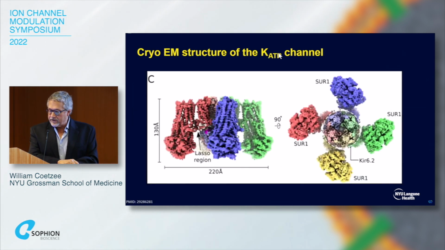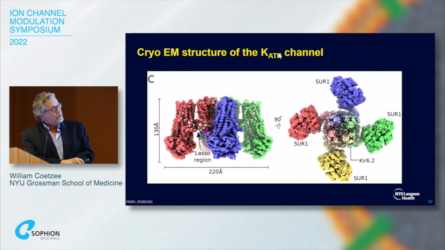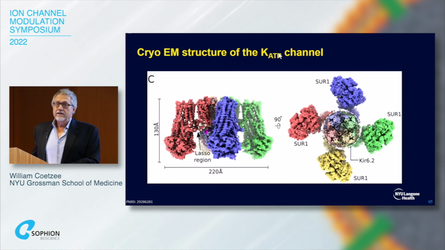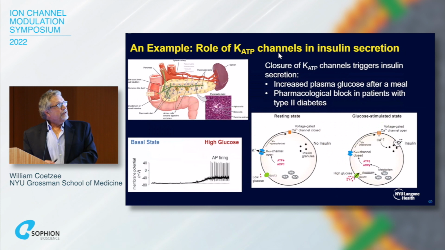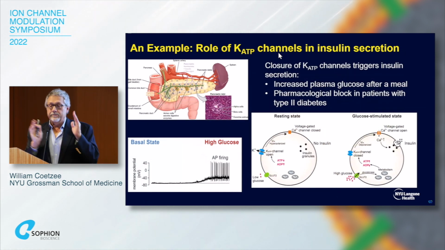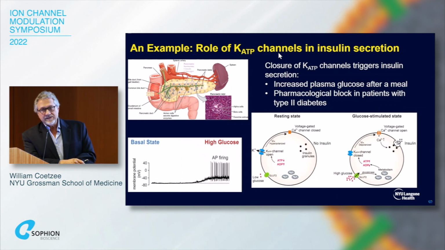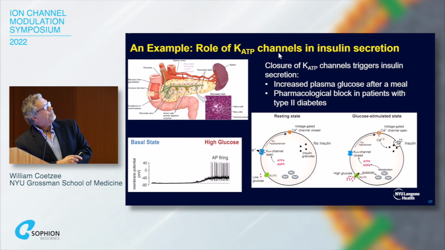As Colin has mentioned, the KATP channel is formed by not only 4 of the Kir6 subunits, but also 4 of the SUR subunits. Colin has also explained how they're regulated by ATP and ADP, and I'm not going to go very much into that. The KATP channel has diverse functions. There are many classes of ATP-sensitive potassium channels in our bodies, and one of the best known is the role of the KATP channel in insulin secretion that Colin has alluded to as well. So in the pancreatic beta cells,